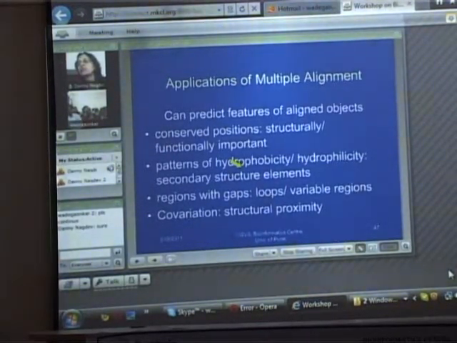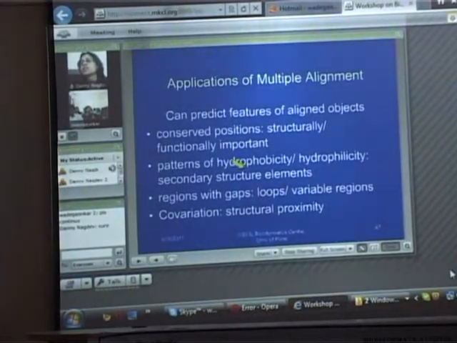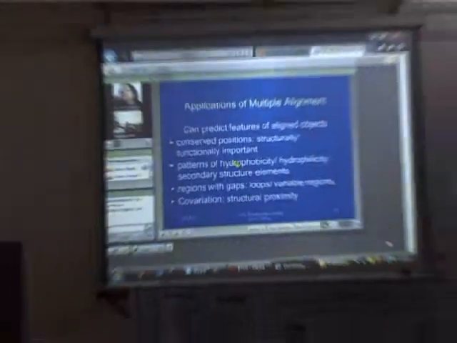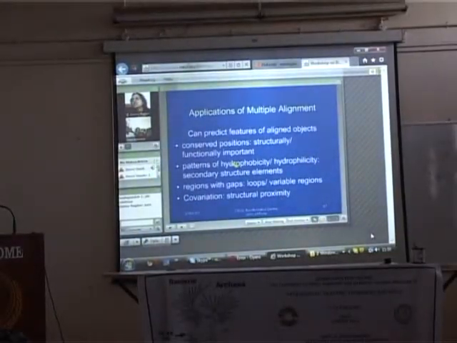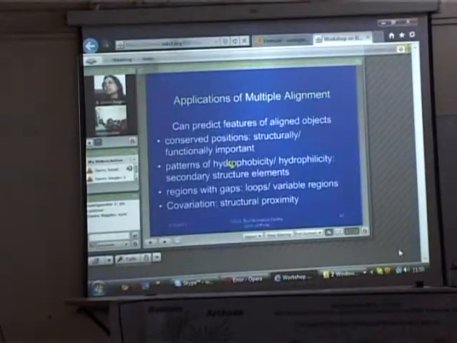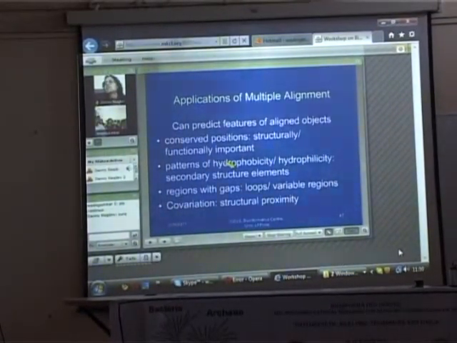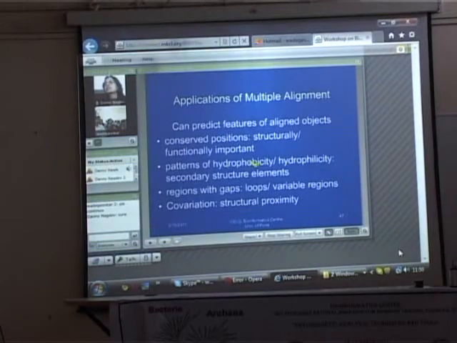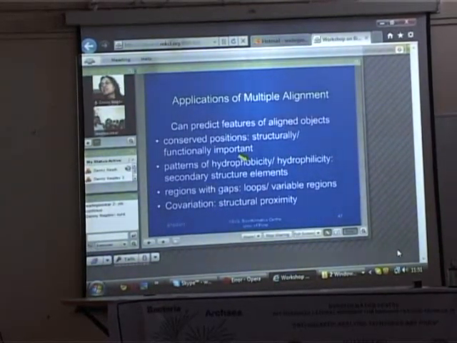We know that the core of the protein structure is mainly hydrophobic because these are the residues which are, as the name indicates, water-hating residues. And so they want to hide themselves away from the water environment in which the proteins are present. So hydrophobic stretches indicate those regions which are in the core of the protein, and these types of patterns are very important for predicting the structures of the proteins using bioinformatics methods.